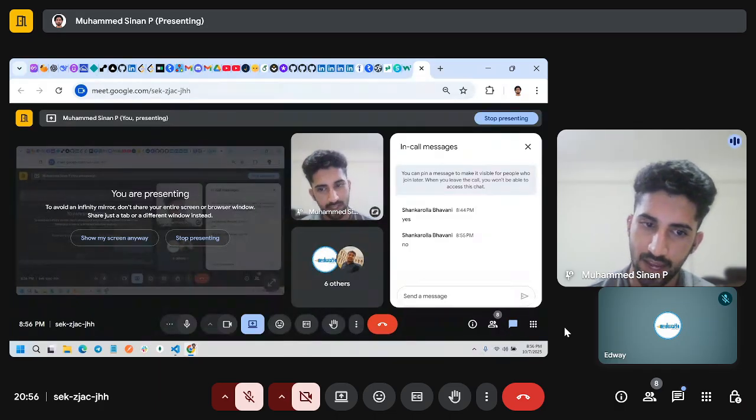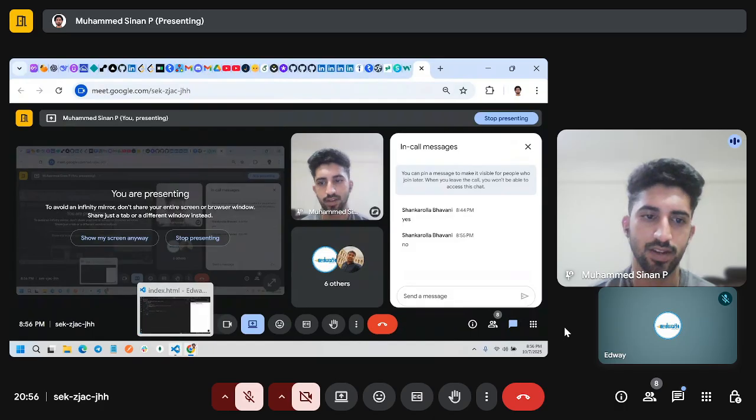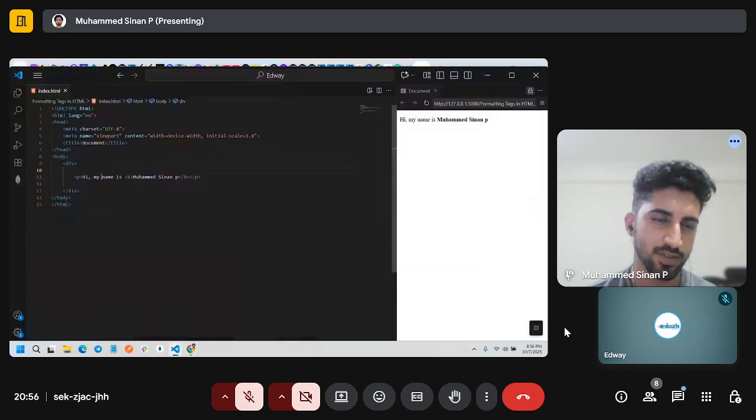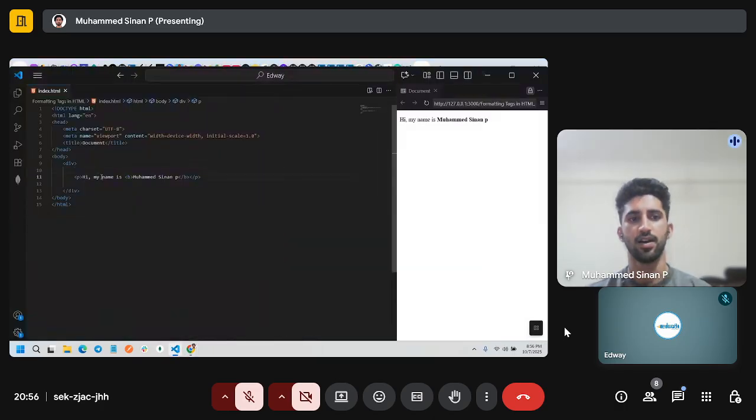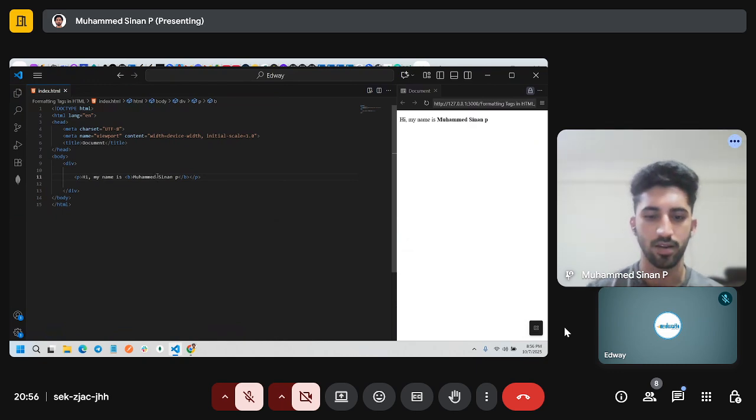So, can we check that in the code editor? What difference does it make? So, I will make this Muhammad bold. I think so. Thicker. Yeah, thicker than bold. Yeah, let's check.